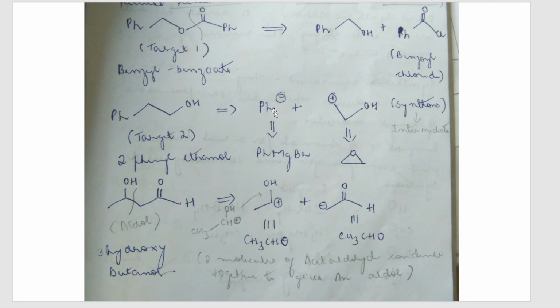So if you want to get Ph minus here, what would be best? If you take Grignard reagent, the phenyl ring will have a minus charge when it comes out, and this part will go out as plus, correct? You know that. So you will write its synthetic equivalent like this. And what about this? For this, an epoxide ring containing oxygen would be fine.